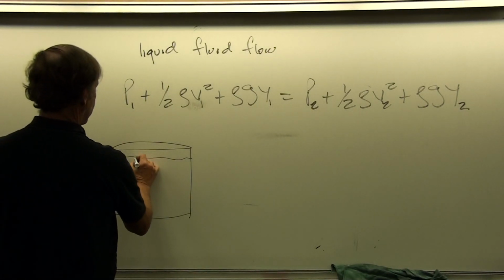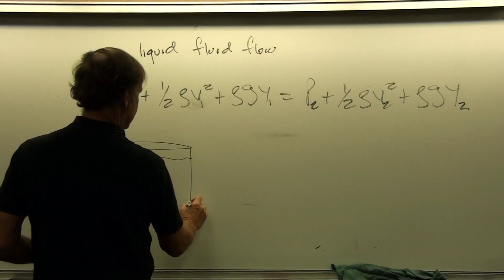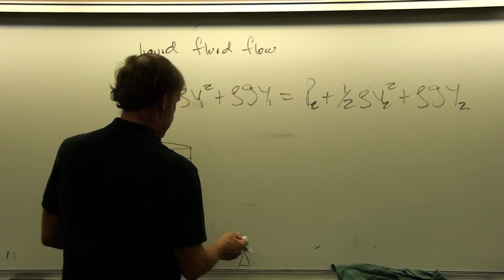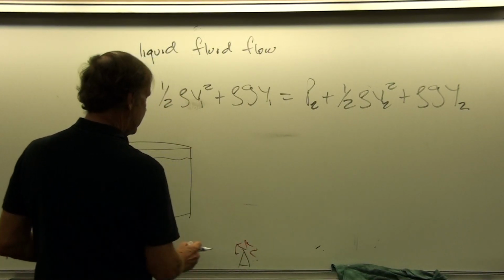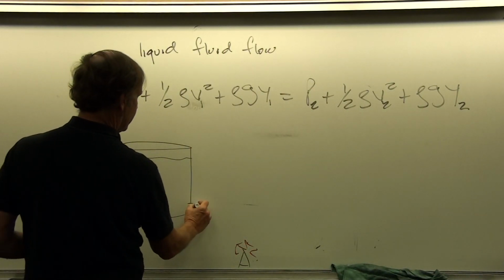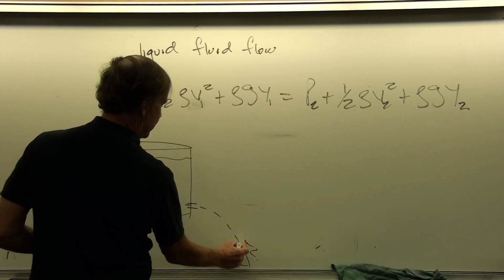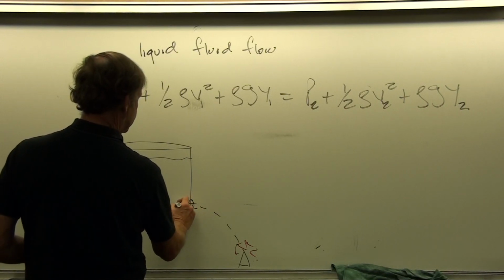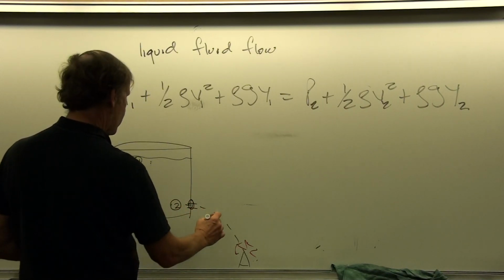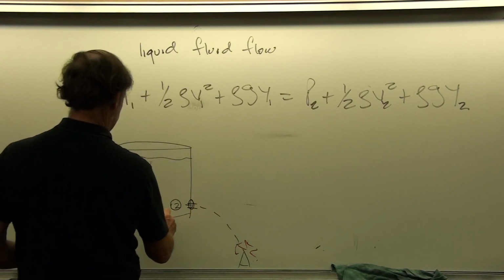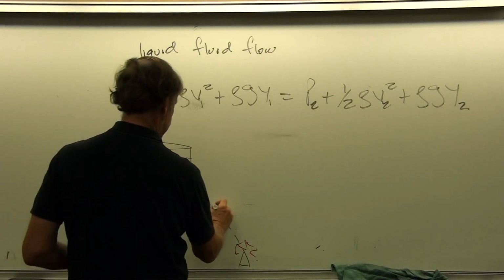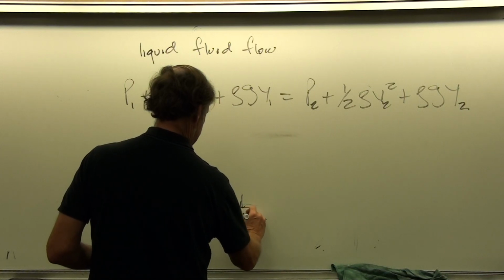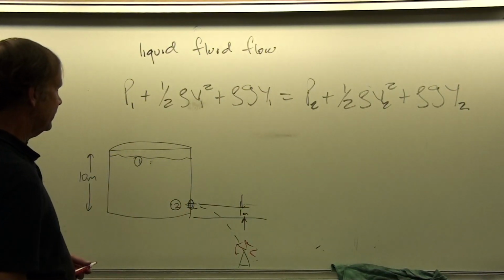And so we'll call this point 1 in the medium. And let's say that there's a house that's on fire down here. And so I know what I'll do, I'll blow a hole in the water tank right here, and that'll put out the fire. So we'll make a little hole at a point 2 in the medium that is 1 meter above the ground. So this is 10 meters, and this is 1 meter, where point 2 is located.